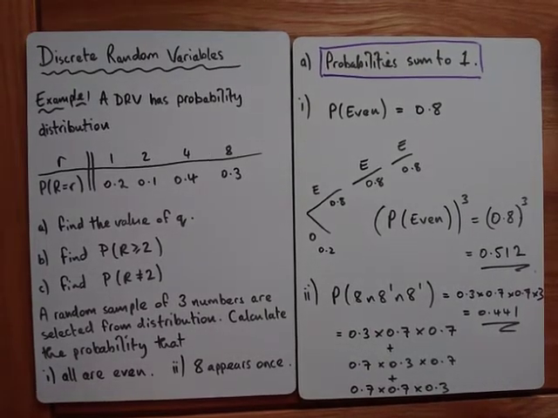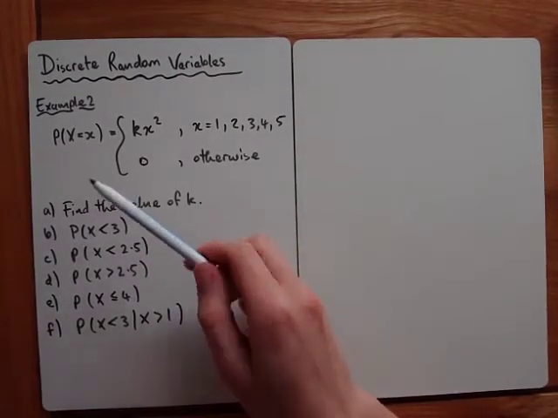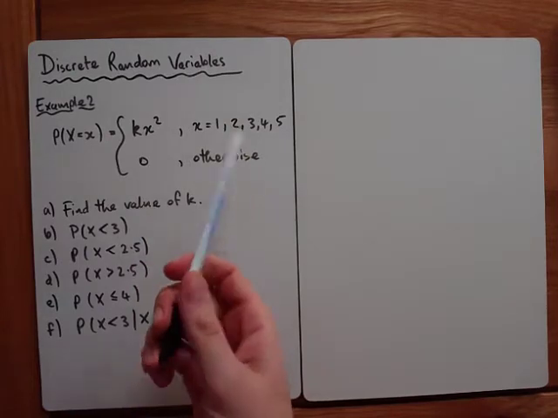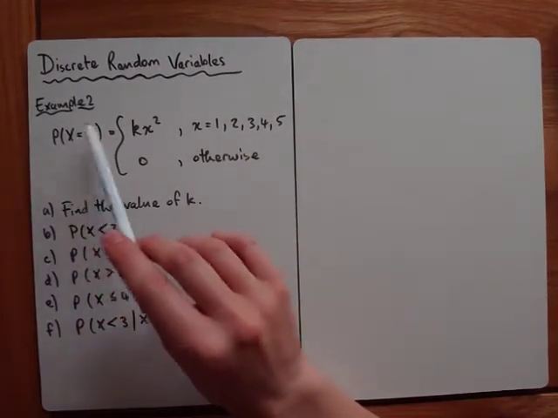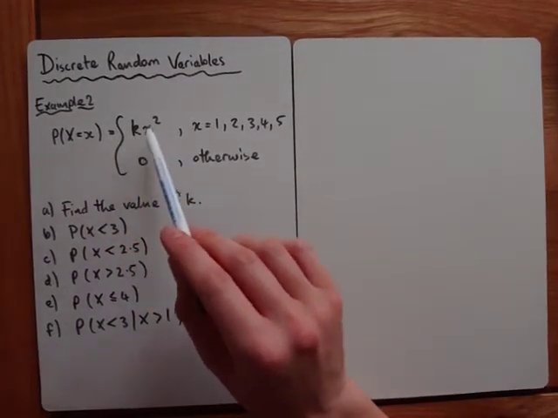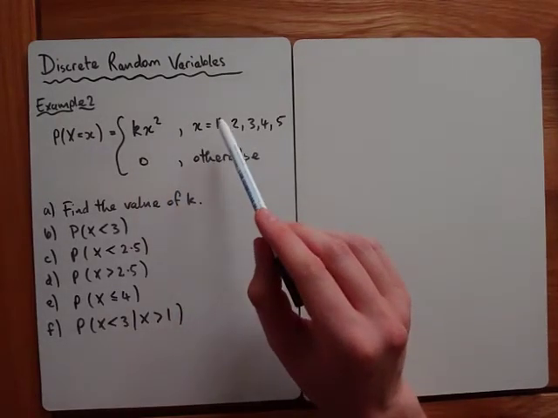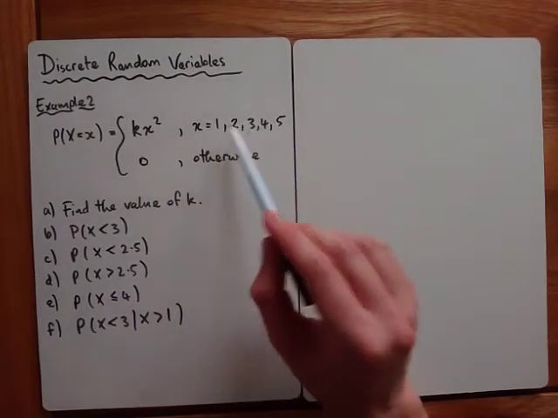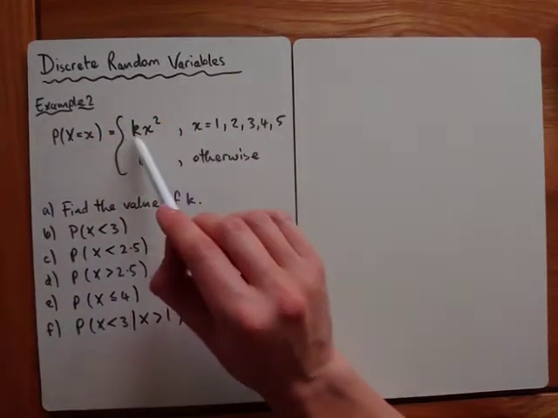Okay, let's try another example. The next example is set out slightly differently, and this might be the first time we've seen this notation before. What it's saying is the probability of our outcome, in this case we're using the variable x, is equal to k times x squared when x is equal to 1, 2, 3, 4 or 5. Now clearly we're working with a discrete random variable here, because